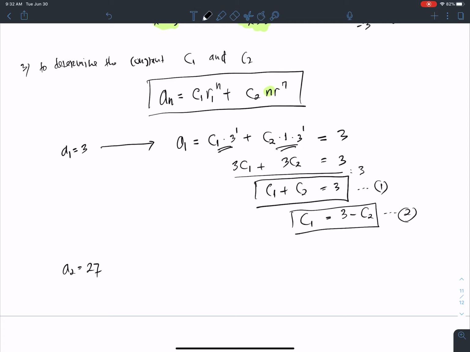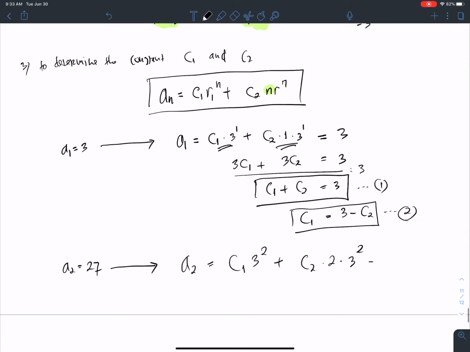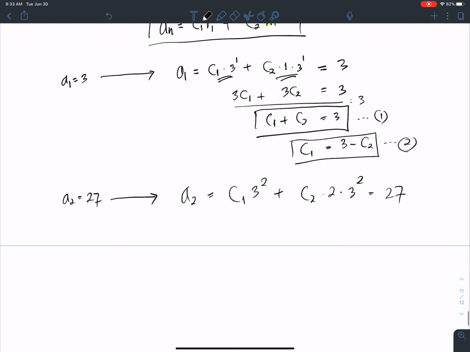So we have for A2, c1 times 3 to the power of 2 plus c2 times n2 times 3 to the power of 2, which is equal to 27. So if we continue this, so we are going to have 3 to the power of 2 is